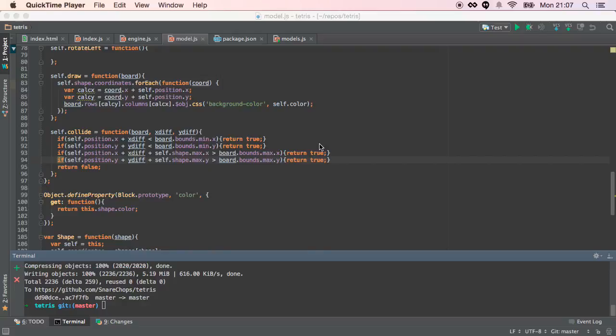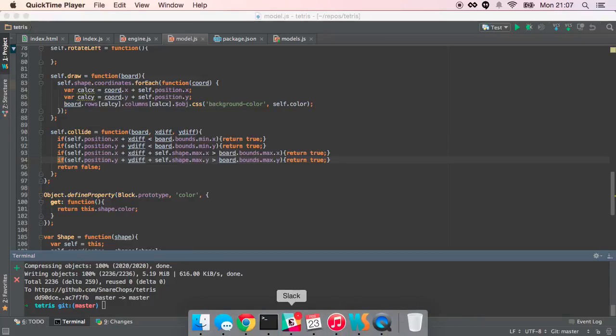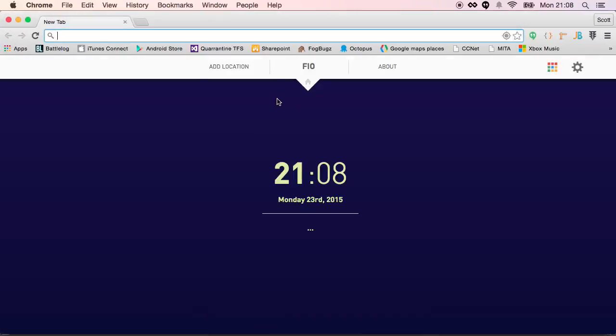Let's see. So, last time we left off, we were trying to figure out how to rotate, and we were unsuccessful. We ended up just imploding a block on the screen, which was funny, but not helpful. So, I have spent some time thinking. I haven't done anything. I haven't touched it. I haven't written any code. I haven't looked anything up. But I have spent a lot of time, a couple days actually, trying to figure out how I should